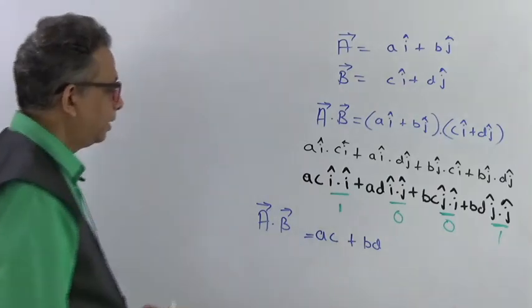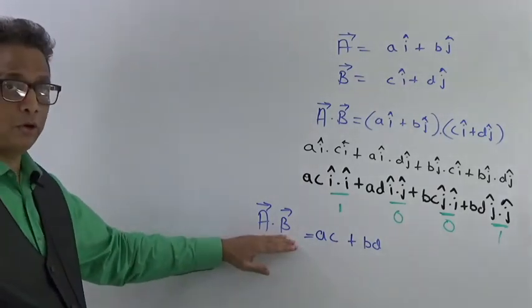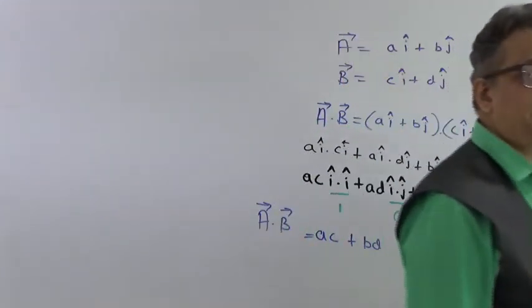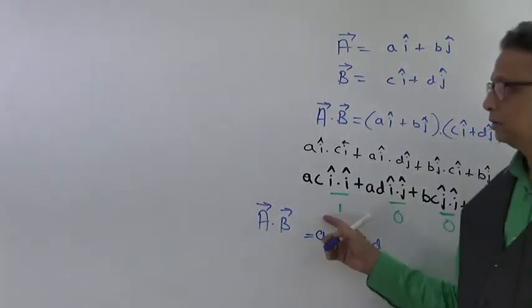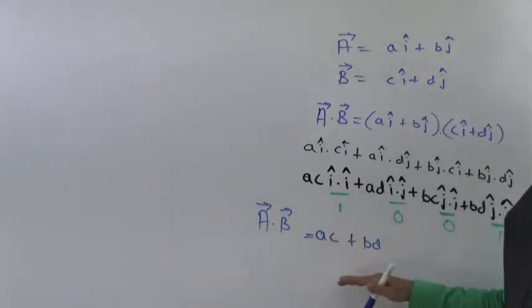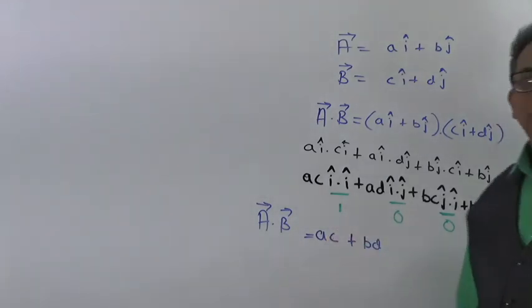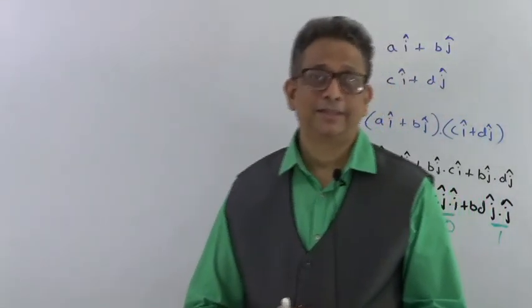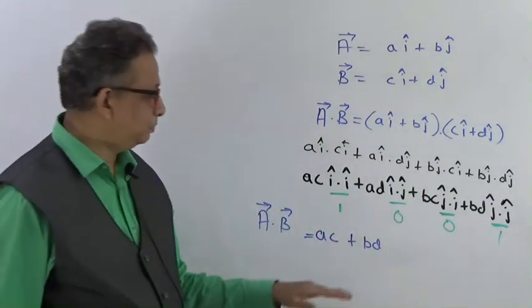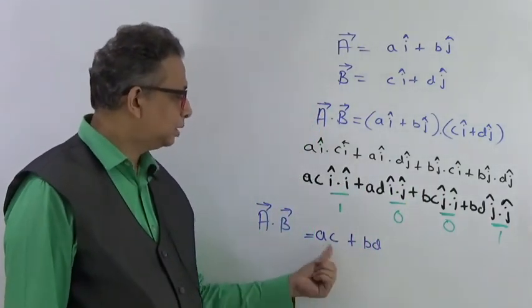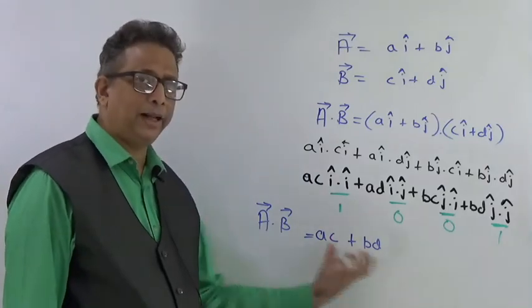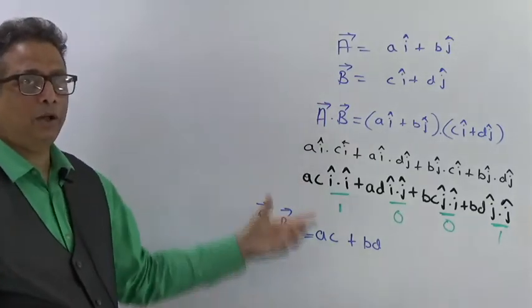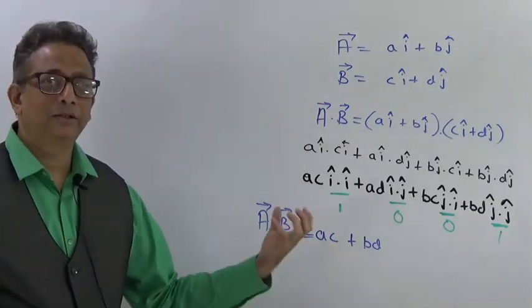dot vector b. If I am multiplying them using the dot product, this will be the answer, and in the answer you will see there is no vector on the head of any of this. So there is no residual of vector in the result of dot product of two vectors when they are multiplied using the scalar product. Is this clear? So if there are some values, maybe 2, 3, 4, 5, after multiplying and adding, you will get some magnitude. So the dot product of two vectors will always give you a fixed magnitude, a fixed value,